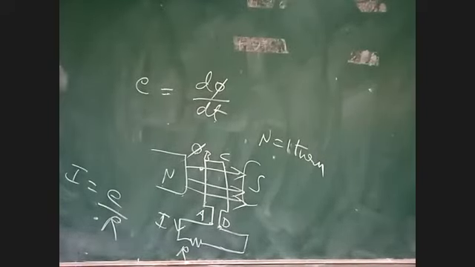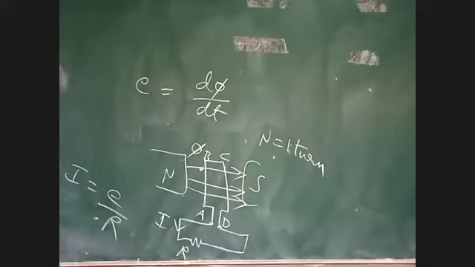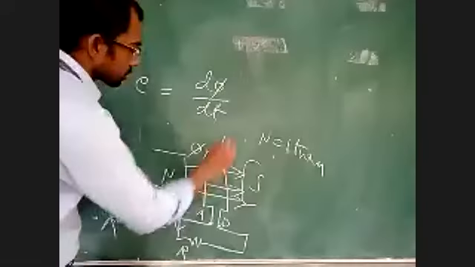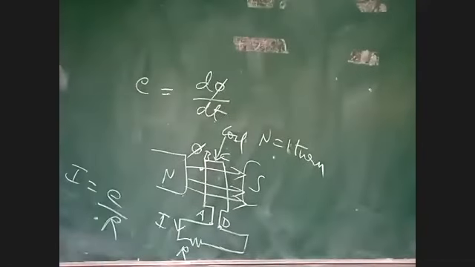Now here, what is the rotating part in this? What is the rotating part? Circuit. ABCD, coil. Coil means winding. Please write down in your notes. Coil means winding. Now here I am having two windings. What are those two windings? One is coil. ABCD is the coil, the rotating part. Another one is